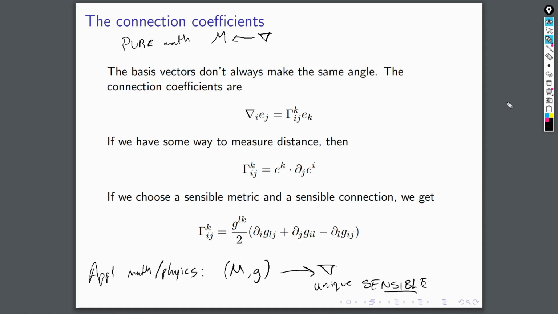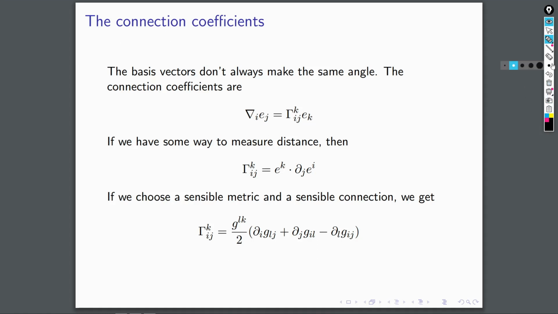So in the same way that the metric was not unique, the connection is also not unique, okay? But if we have a metric, there is a unique sensible choice for the connection, all right? And once we have that connection, we can define these things called the connection coefficients, these gammas,